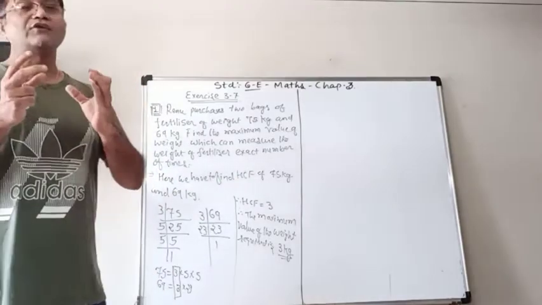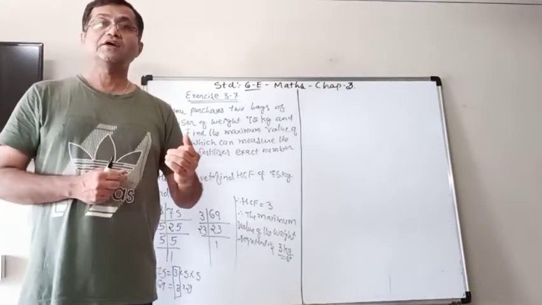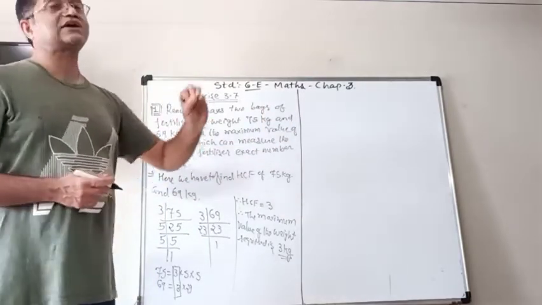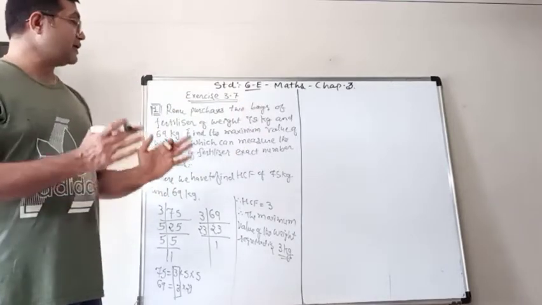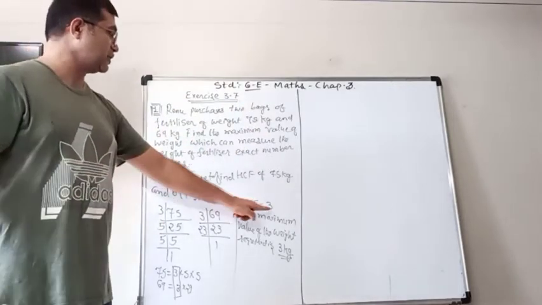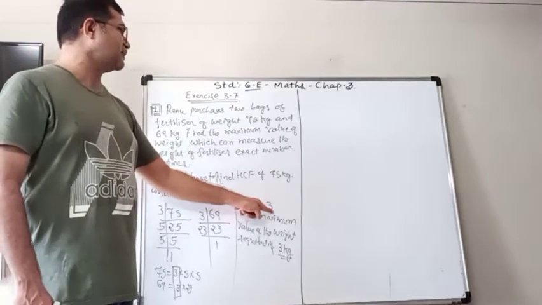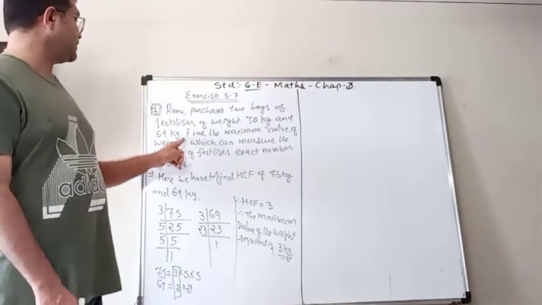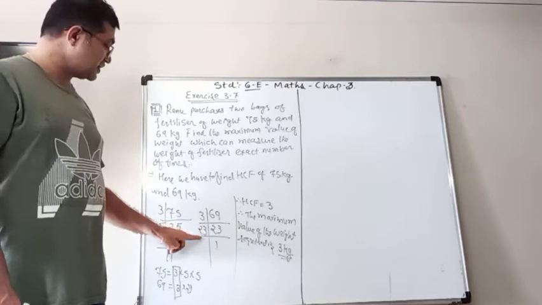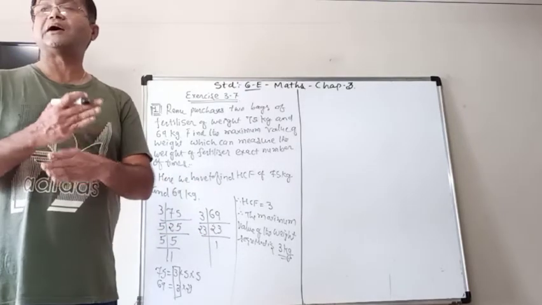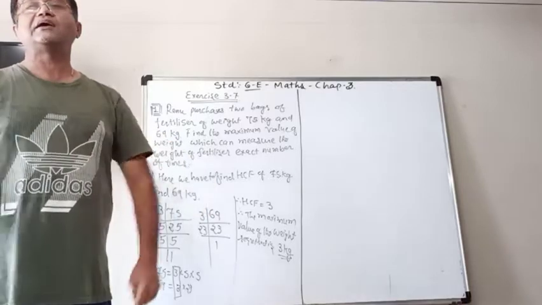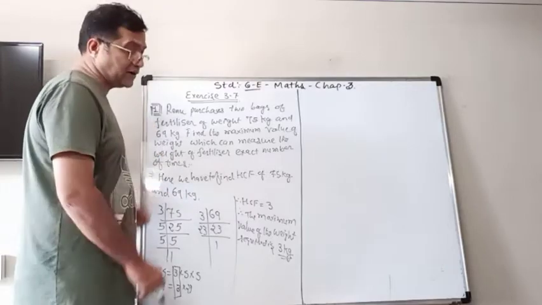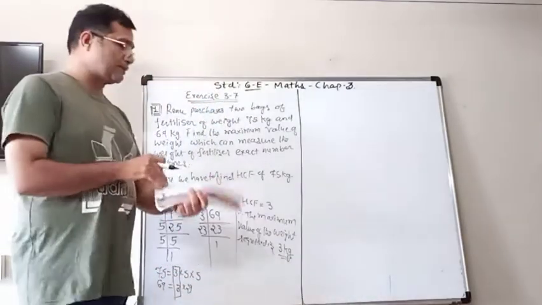So if you have a weight of 3 kilogram, then you can weigh the fertilizers an exact number of times and there will be nothing left. Because you see that 25 3s are 75, so 25 times we can weigh 3 kilo, 3 kilo, 3 kilo. Similarly, here 69 means 23 times we have to weigh 3 kilogram. Then it is finished. So this way, we have to find the HCF of the two numbers.